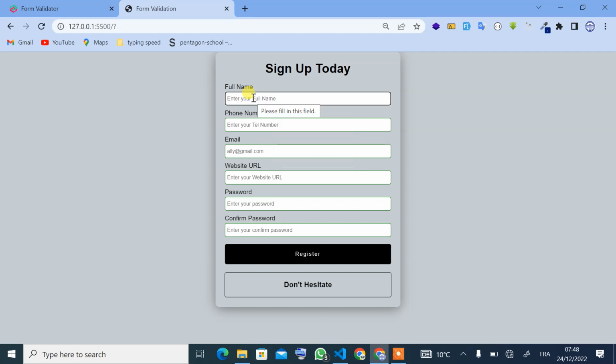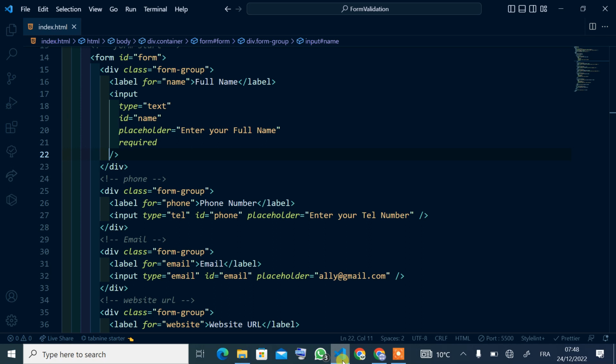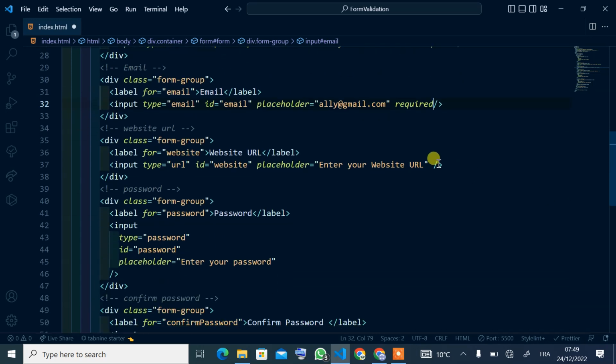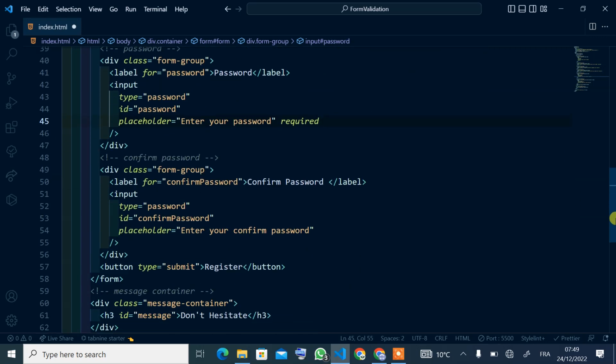So if you put required everywhere, it might work with others, but it cannot work with everything. That's why JavaScript is very important. So this one happens always. Okay, good. Let's say you want to add required everywhere and see which are going to have some problem there. So here you copy just this one, what you require, copy this one, paste here. Assume you want to paste everywhere, paste this one there, paste everything, scroll down, paste to URL, and then the last one, confirm password,